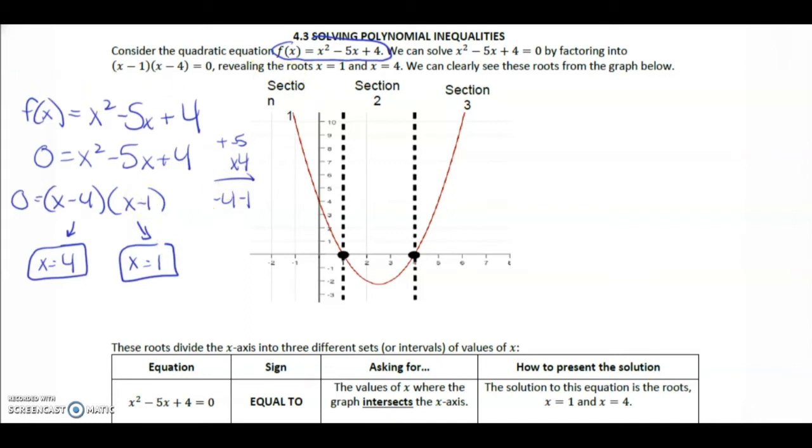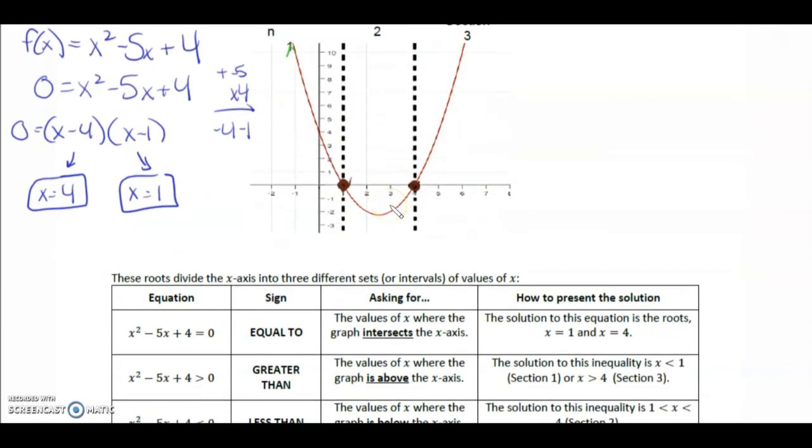Okay, so this graph here clearly shows the quadratic, and it shows where the two roots are. So 1 and 4. So what we're going to be doing today is actually graphing, and not a true graph, just a sketch of a graph of polynomial functions, and deciding when the polynomial function is equal to, greater than,